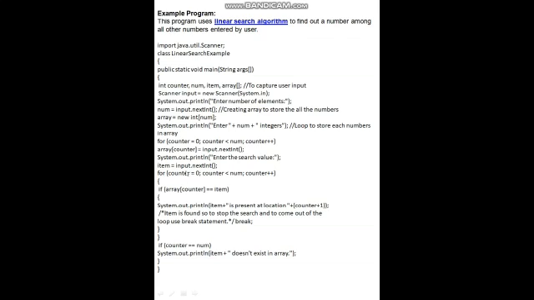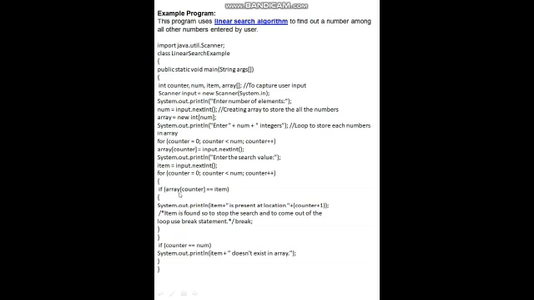Now we will use the for loop for searching that element, the item which we have entered here. For counter starting from 0, counter less than num, because we are searching that number from the num which we have given, counter plus plus, curly bracket.